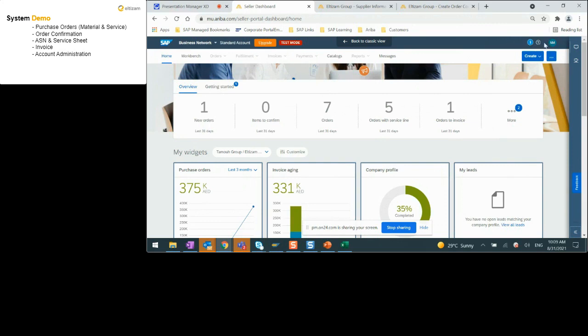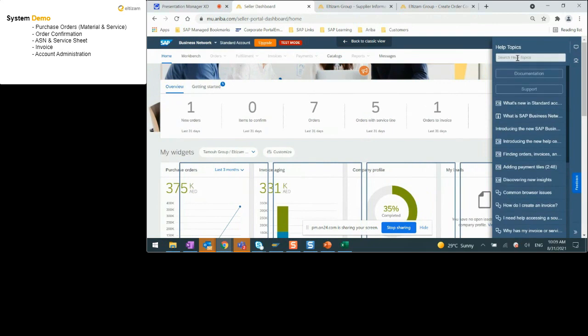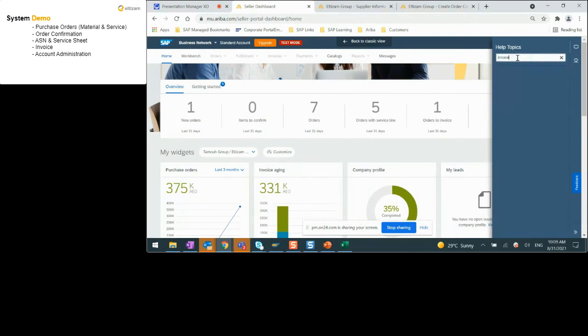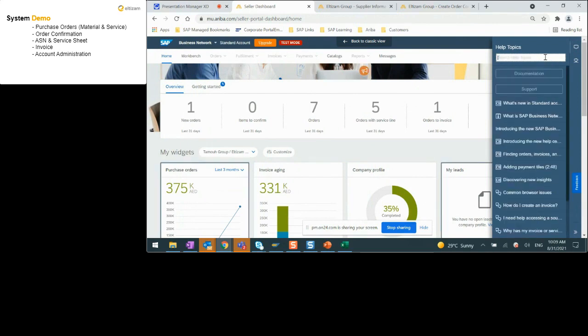From the top right beside your initial here, you can click on this question mark, which is help, and you can just type in your issue. For example, you are not able to create an invoice, or there is an invoice failure. If you then find what you are looking for, you can click on this support button, and this will navigate you to